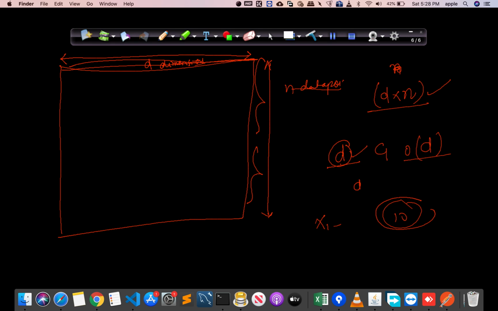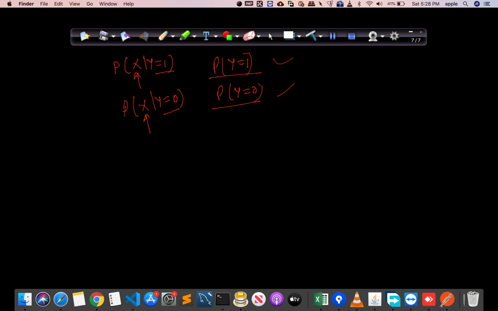Now just let me recap it. What do we have to calculate? We have to calculate the probability of x given y equals 1, the probability that y equals 1, the probability of x given y equals 0, and the probability that y equals 0. You have to calculate only these things, and this is all about naive Bayes. So this is the training part, and you only have to approximate these. Once you have this, you have the whole naive Bayes algorithm. I hope I have made my points very clear till now.